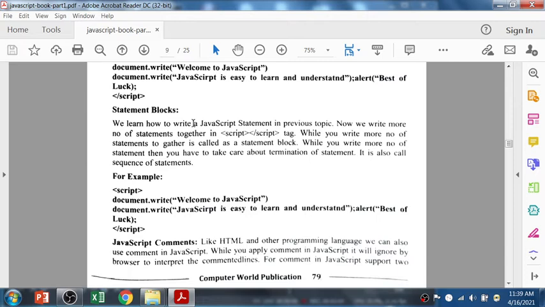The next we have is JavaScript comments. Like HTML and other programming languages, we can also use comments in JavaScript. When comments are applied in JavaScript, the commented lines are ignored by the browser when interpreting.